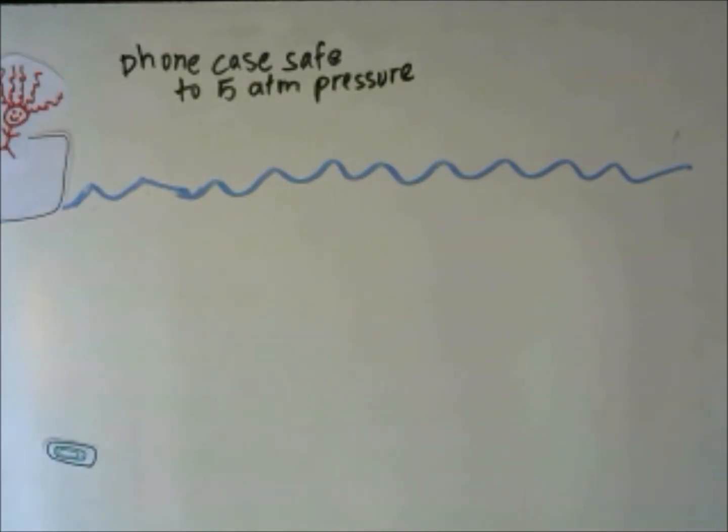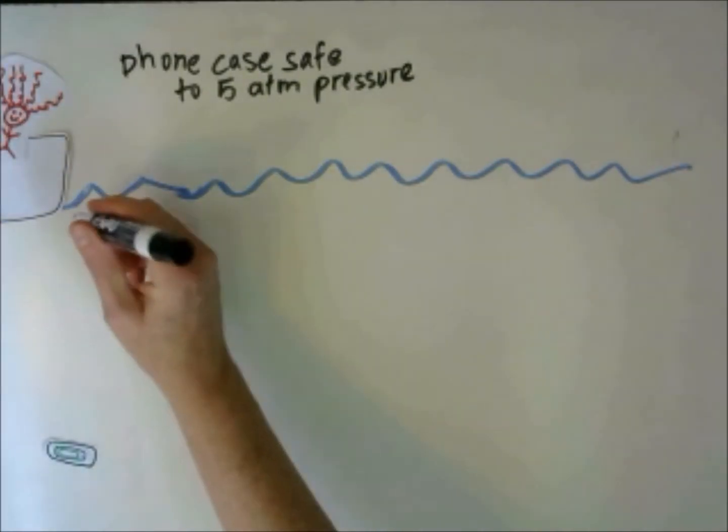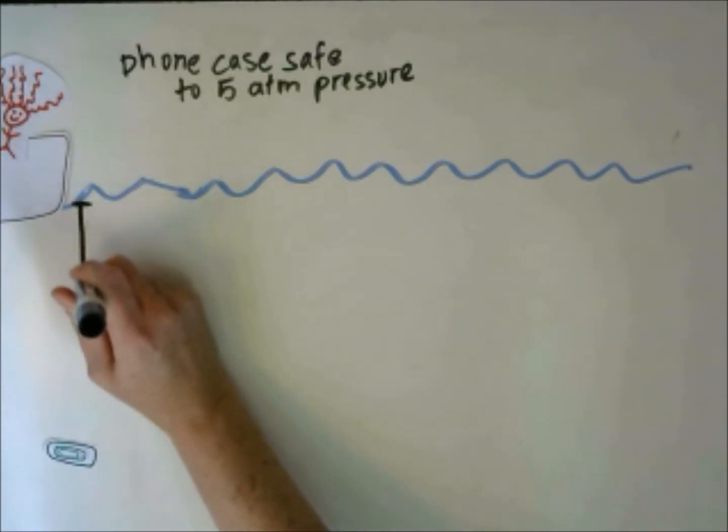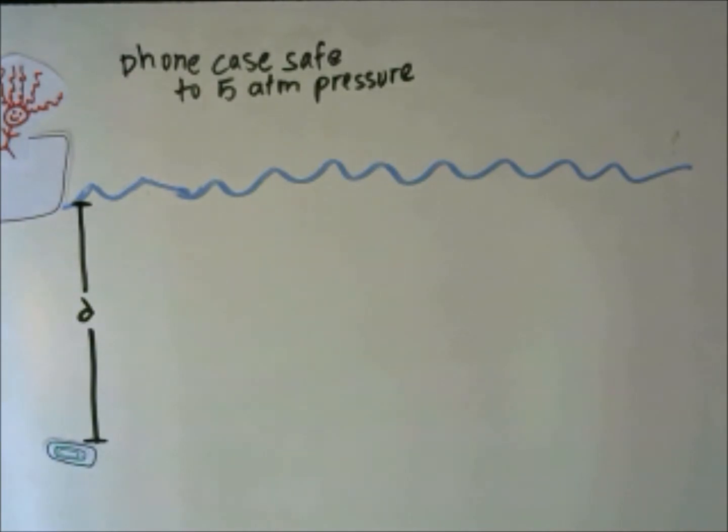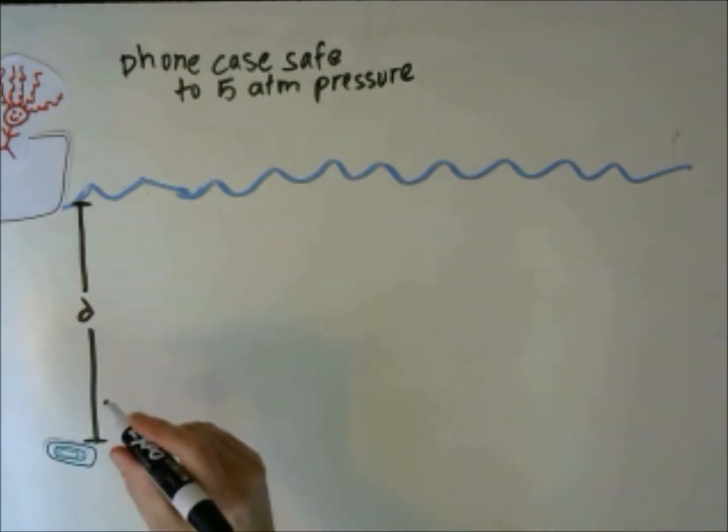We can figure out the pressure at some depth D, and that depth is from the surface of the water to where the object is, in this case the phone. To find the pressure, we're going to look at the forces that are acting on the phone. In this case, it has the force of,